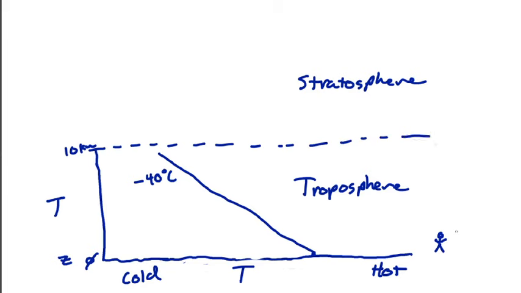Now, the troposphere is quite deep. We live inside of it. Mount Everest reaches just to the very top of it. So here's Mount Everest, just a little bit below 10 kilometers in height. And long distance airplanes, especially like transatlantic and transoceanic airplanes, they fly right up here, right in the lower part